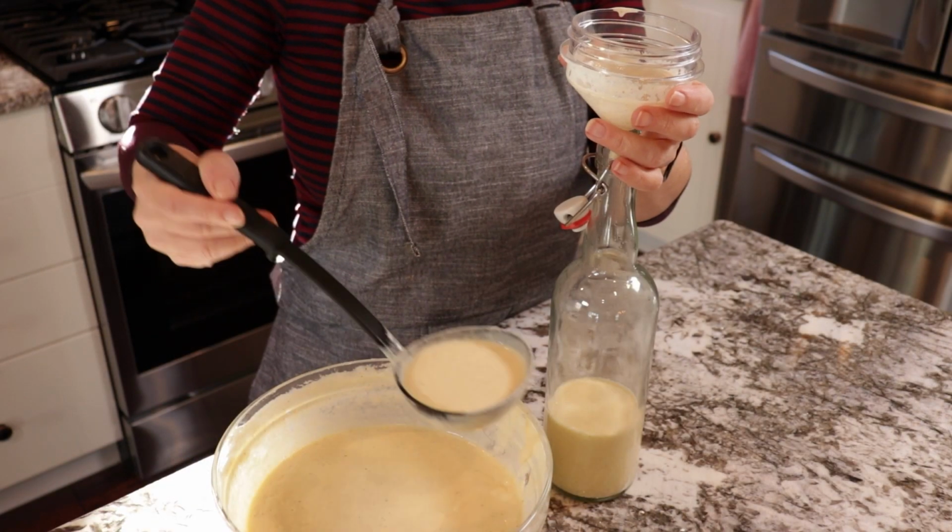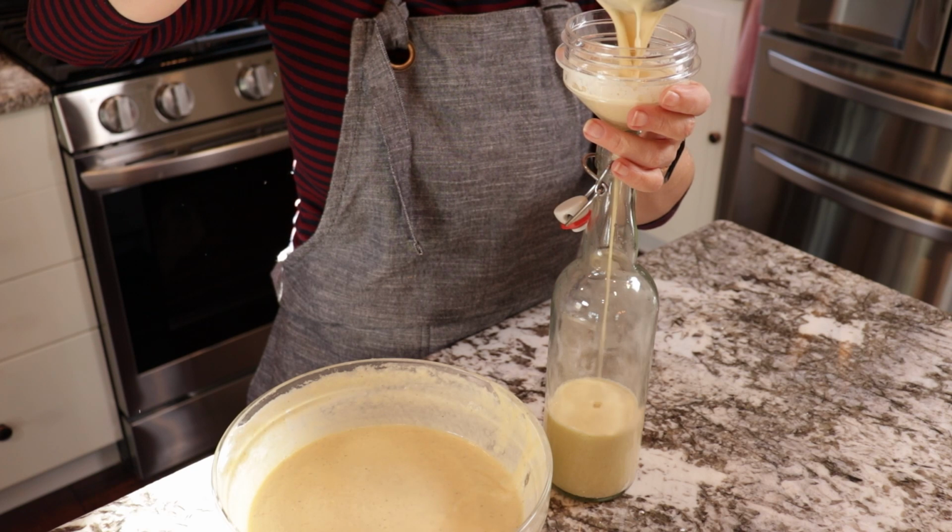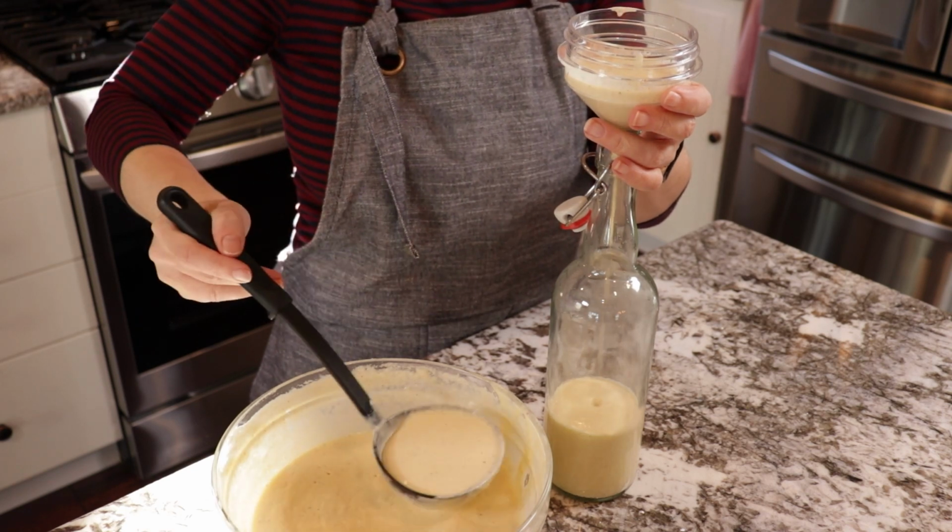You can store the eggnog in the fridge and keep it for up to 1 week, but I never managed